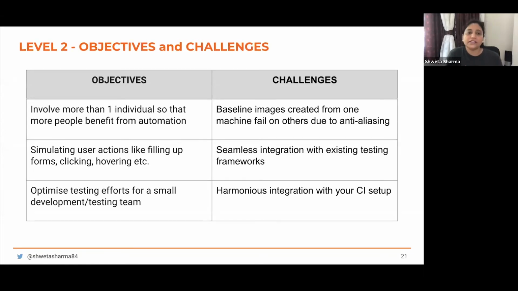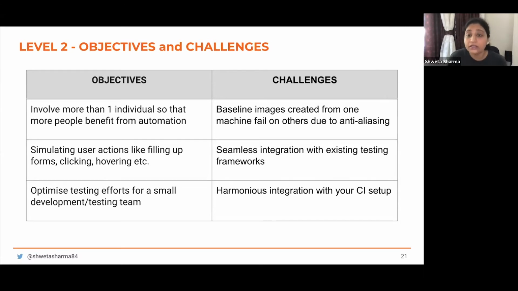So that brings us to level two. Here, what would be your objectives? Once you have implemented it locally, you would want to go a step further, and there our objective would be to involve more than one individual. For example, if your QA team comprises more than one person, two, three, whatever, you would want others to benefit also, so that the overall testing efforts of the team are optimized.